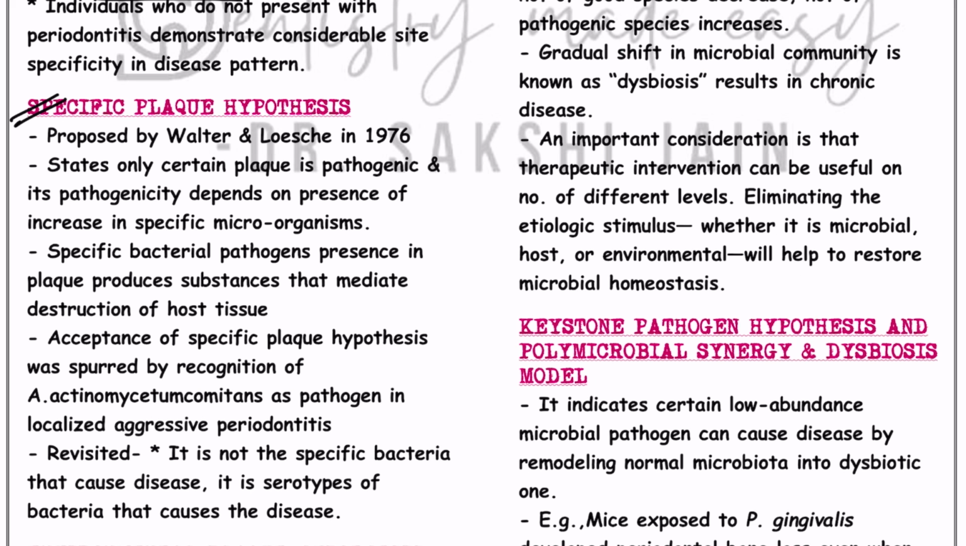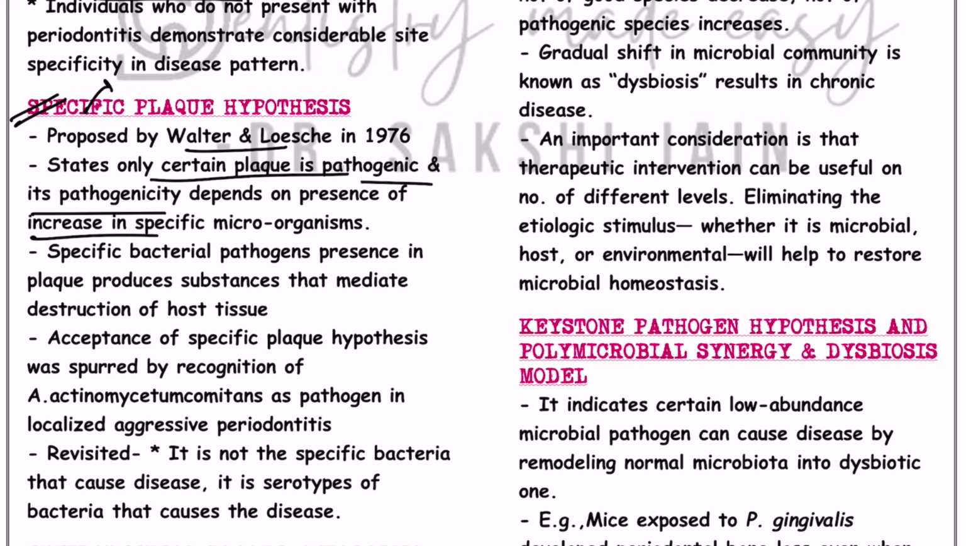So that became the contradiction or drawback of this particular hypothesis. To overcome these drawbacks, the next plaque hypothesis came into the picture. This was proposed by Walter and Lewis in 1976. It stated that it is not the quantity of bacteria that leads to periodontal destruction, but the quality of the bacteria. So only certain plaque is pathogenic, and its pathogenicity depends on the presence of an increase in specific microorganisms. So that is nothing but the specific plaque hypothesis, that is, the quality of plaque is leading to